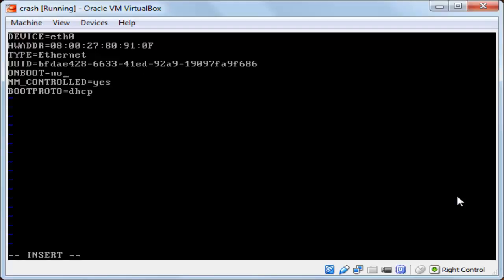From here, I will remove this no and make it yes, and then from BOOTPROTO I will remove this dhcp and make it static, and then I will press enter and add two new lines. The first one will be IPADDR, and it must be capital, and then the equal sign, and then type the IP number